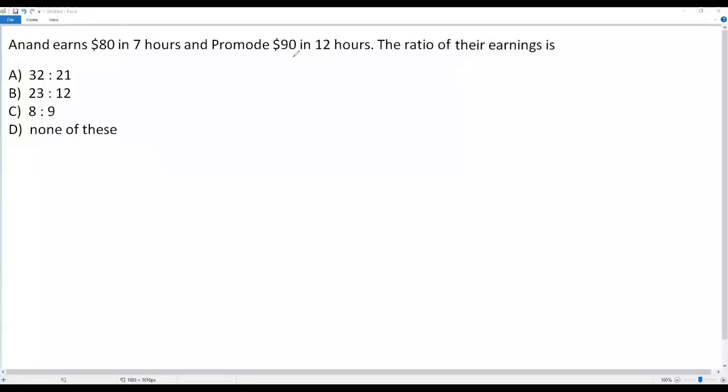Here we have a problem on ratio. Okay, let's go with the information. Anand earns $80 in 7 hours and Pramod earns $90 in 12 hours. A ratio of their earnings is. Okay, here we have the earnings for two people, Anand and Pramod, and we have to find the ratio of